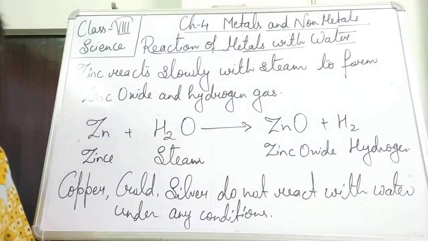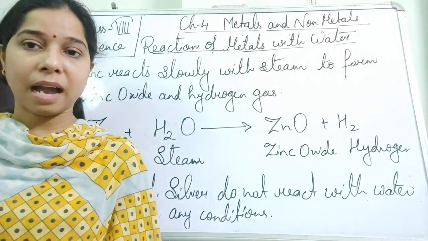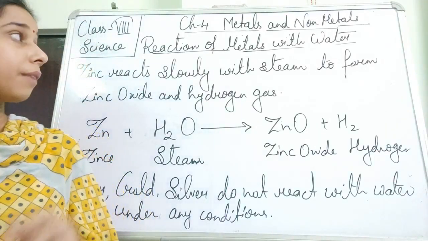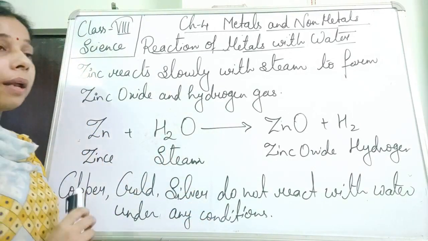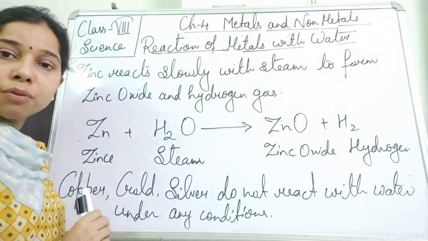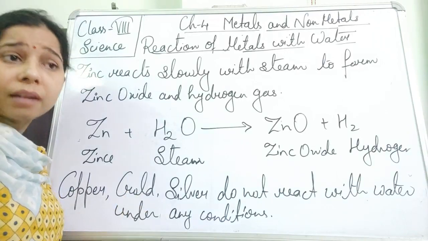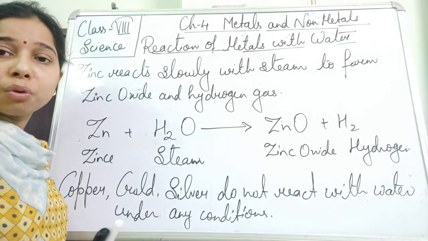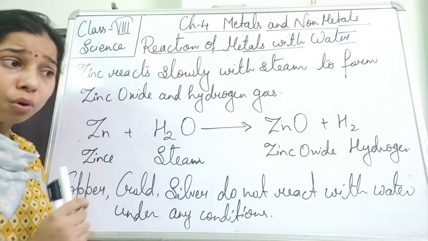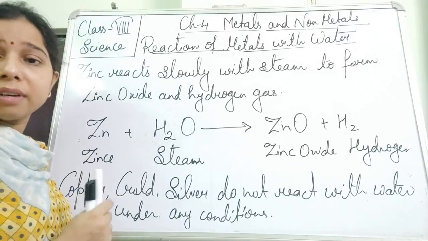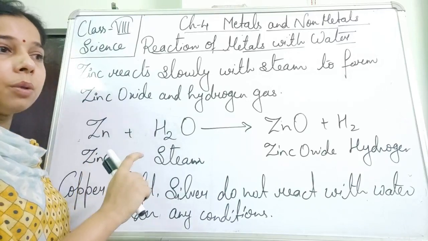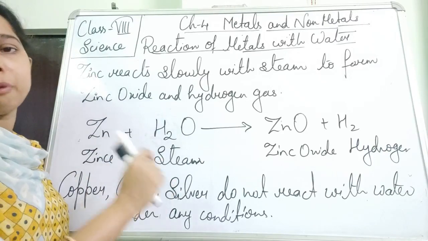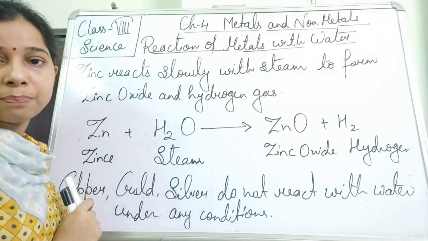Under any condition. So what we have seen here in the reaction, students, is the first reaction, that of the metals with water. When metals react with water, reactive metals like sodium react with cold water. It means they do not need a sufficient amount of temperature in order to react. They react vigorously, and finally sodium hydroxide is formed.